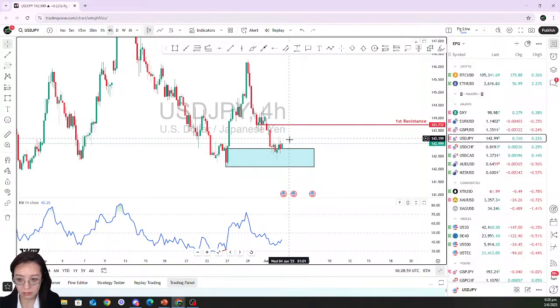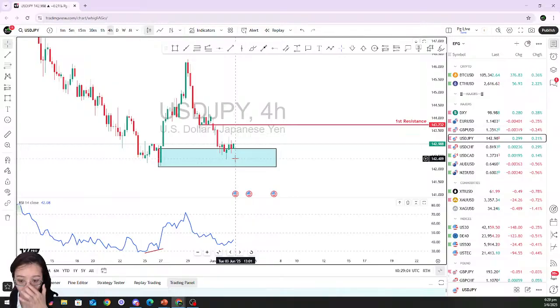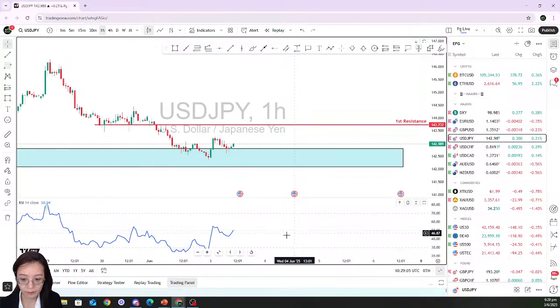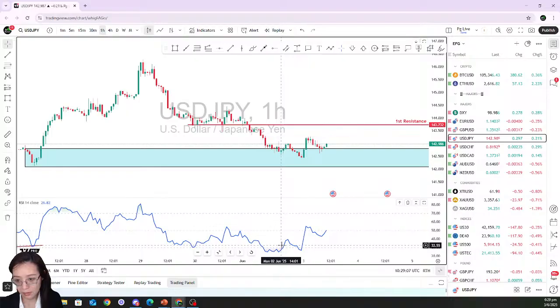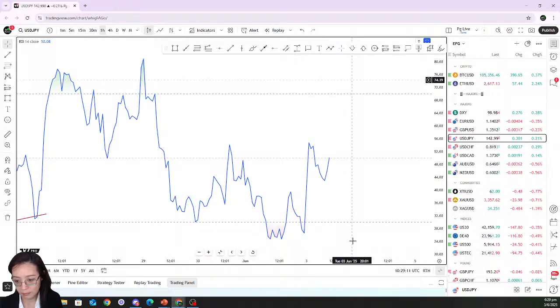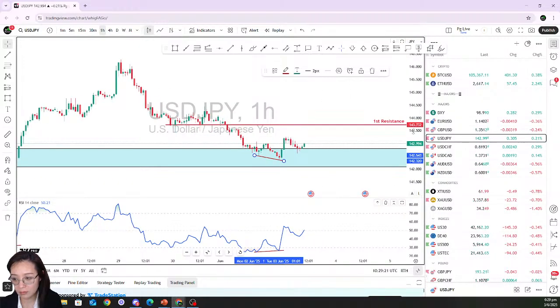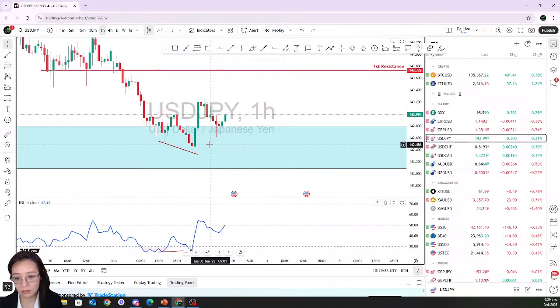So it's a supply here, and what you could see in the lower time frame, I see the divergence here. Now price comes to the zone, they create the bullish demand,